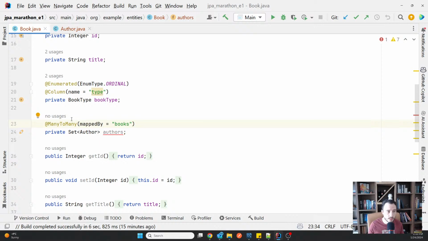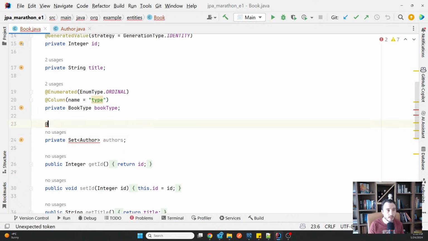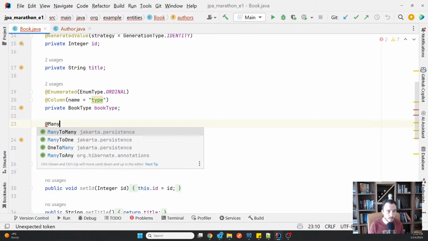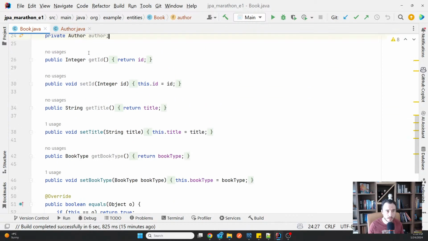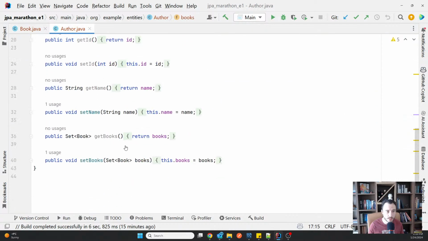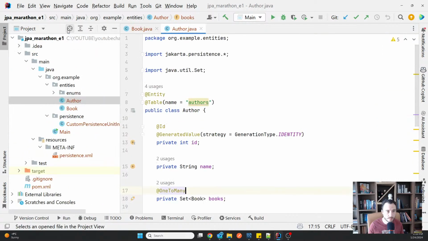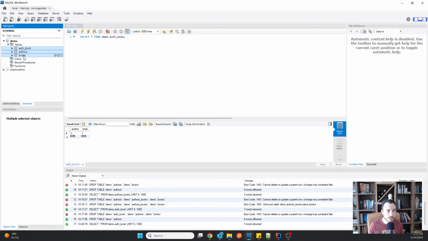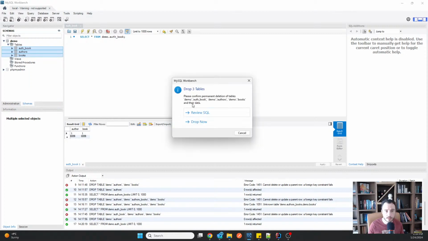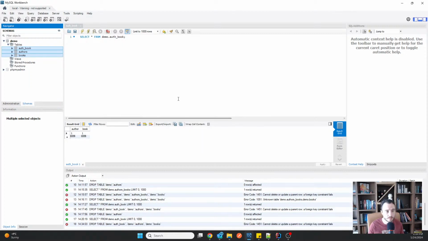Okay, and then of course it's not right anymore. Many books, one author, something like that. Hope everything still compiles here. And let me see if I can reproduce that n+1 query problem.